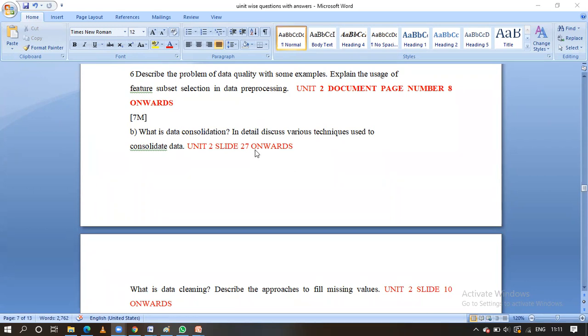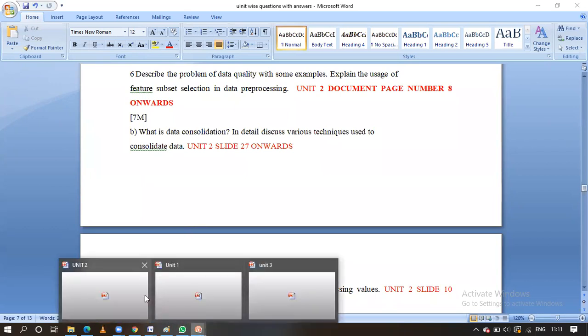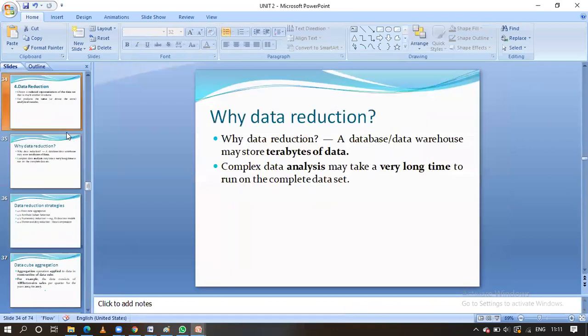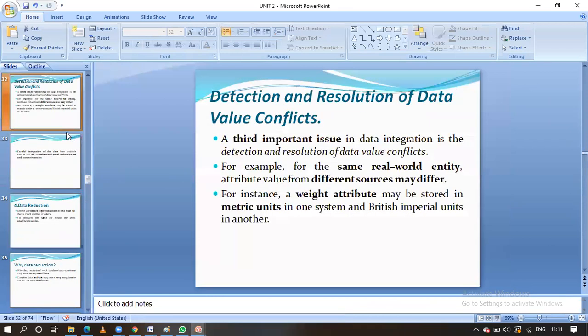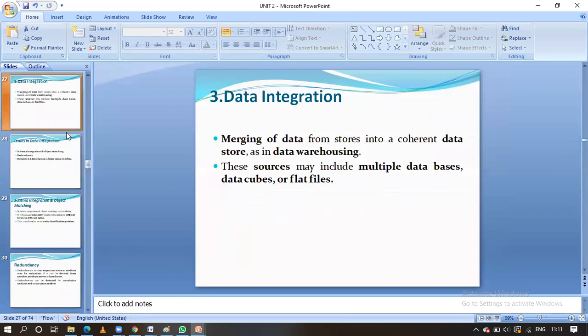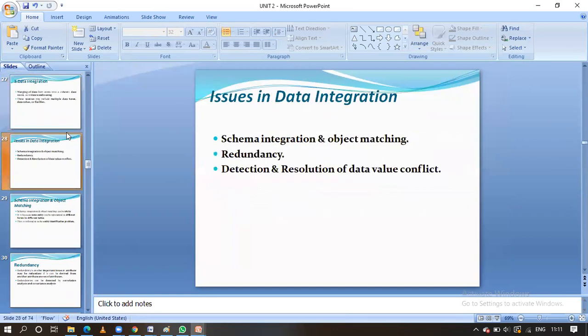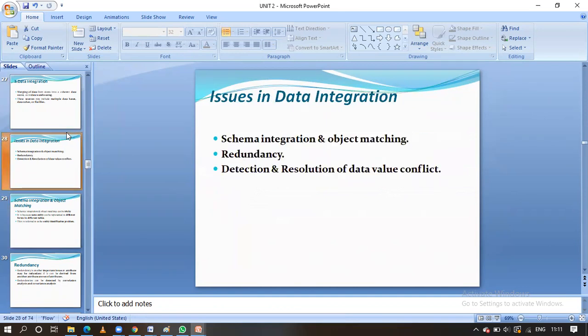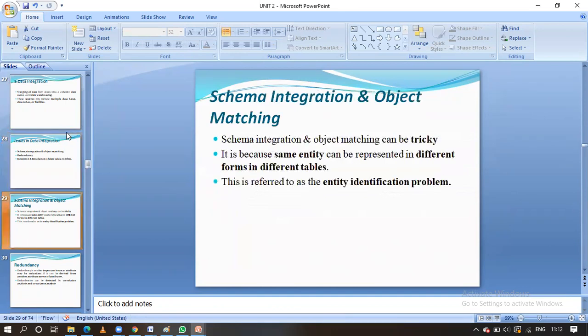Okay, unit 2 slide 27. Data integration. These are the things we have to write down: schema integration and object matching, redundancy, and detection and resolution of data value conflicts. These things we have explained yesterday, guys. Okay, object matching. Object matching means,